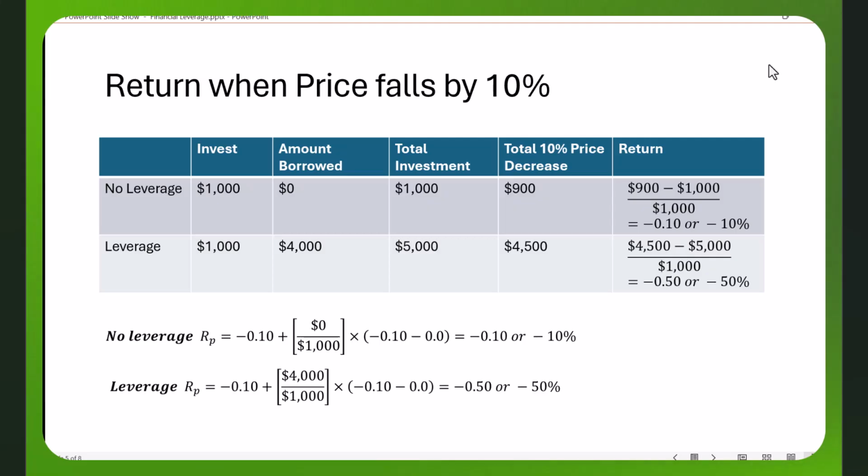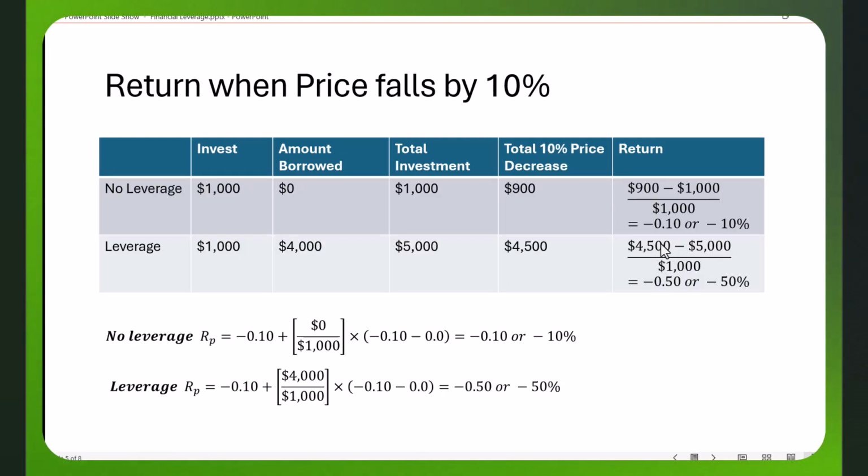What happens when prices fall by 10%? Let's see again. If you're not borrowing any money, you're going to lose $100. The value of your portfolio is going to fall to $900. So you're going to be minus 100 divided by 1,000. You're going to lose 10%. If you use leverage, this 5,000 is going to fall to 4,500. Right, a 10% decrease is going to cause this to lose $500. Here you're going to be minus 500